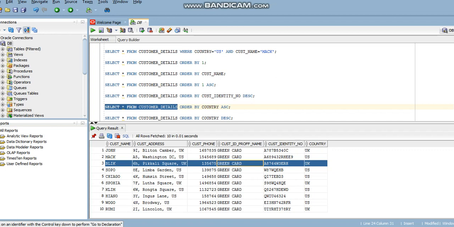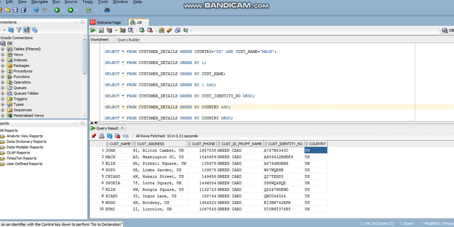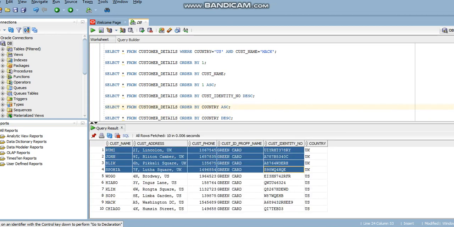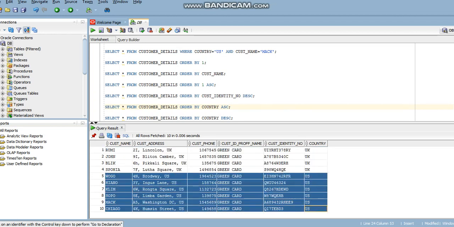We have to write a select query by specifying this country ascending. If we rearrange the data based on the country column in ascending order, let me run, it will help us get all the customer data who belong to UK first, and then it will reflect all the US data present in this table.